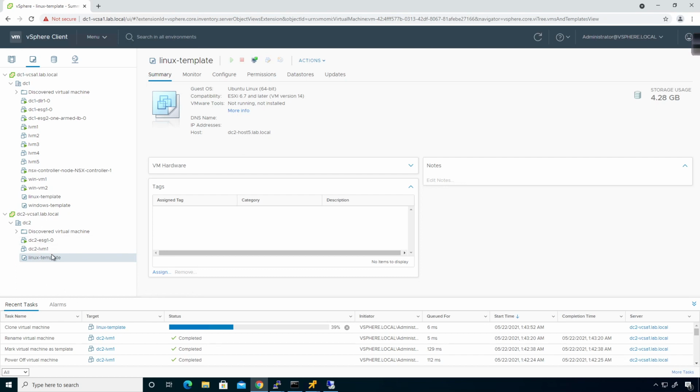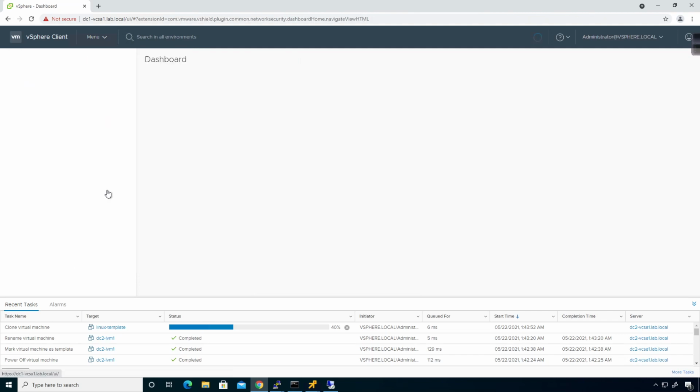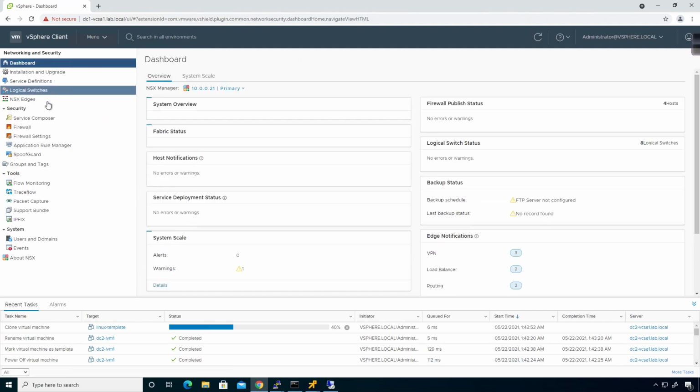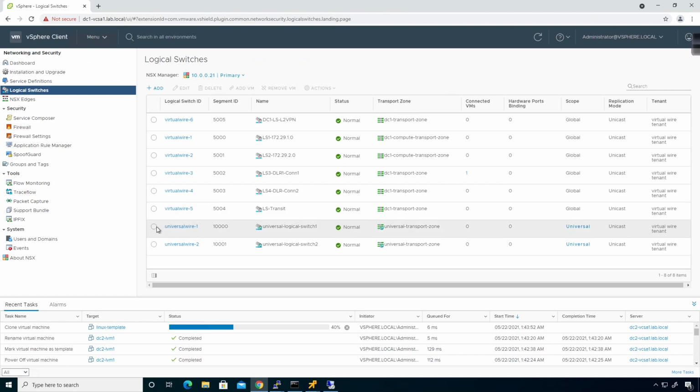I'm going to go ahead and let that sit for a few. What I'm going to do is, I can see LVM1 and LVM3. I'm going to put LVM1 on the first logical switch, and then DC to LVM2 will be on the second one. So I'm going to go back over here to networking and security, and on my logical switches, I'm going to choose this one right here, first universal wire. I'm going to say add VM,